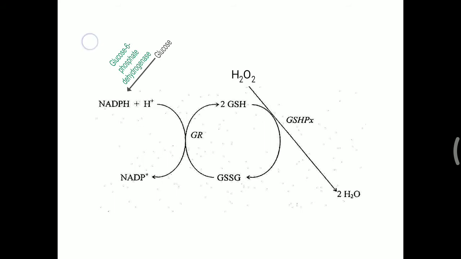Here the glutathione molecule is oxidized, and this oxidized glutathione needs to be reduced again into glutathione, but that will occur with the help of glutathione reductase, and for the activity of glutathione reductase NADPH is needed. NADPH is provided from the simple HMP shunt pathway, whose important key enzyme is G6PD, glucose 6-phosphate dehydrogenase. So these two enzymes, glutathione peroxidase and glutathione reductase, are an important part of the scavenger system.